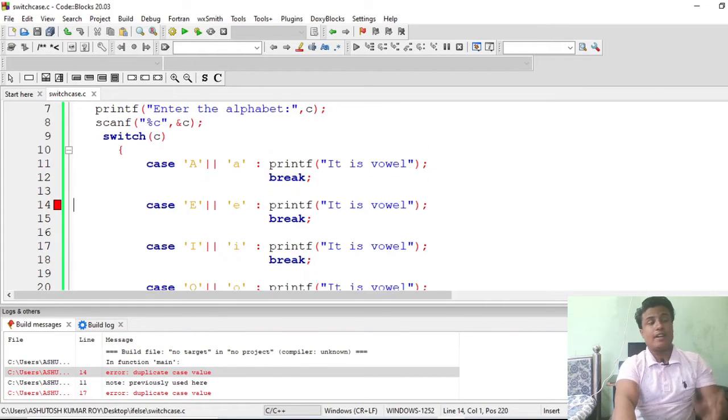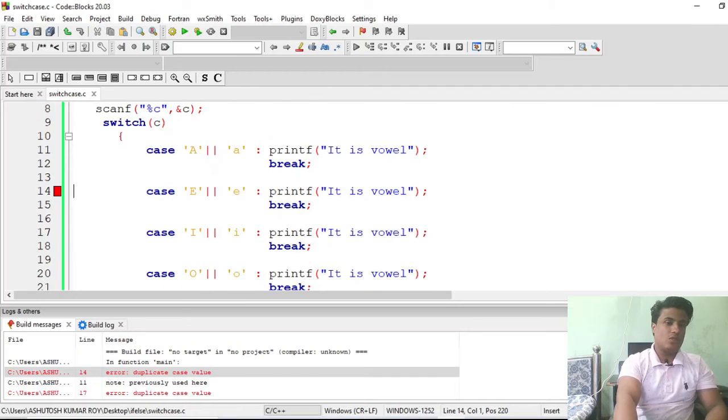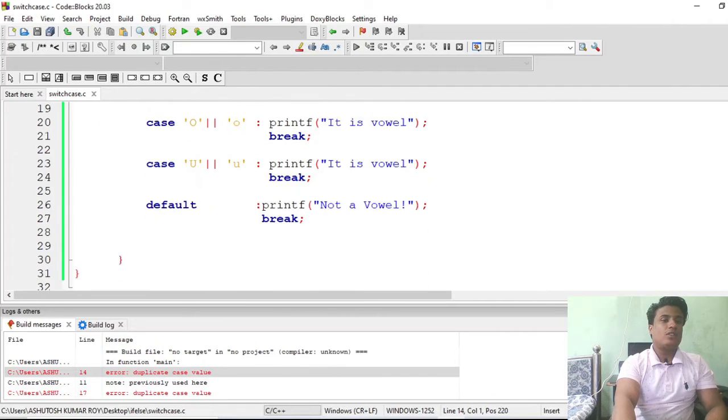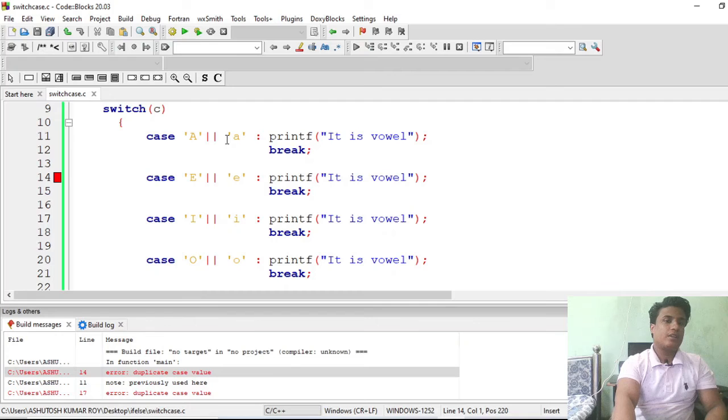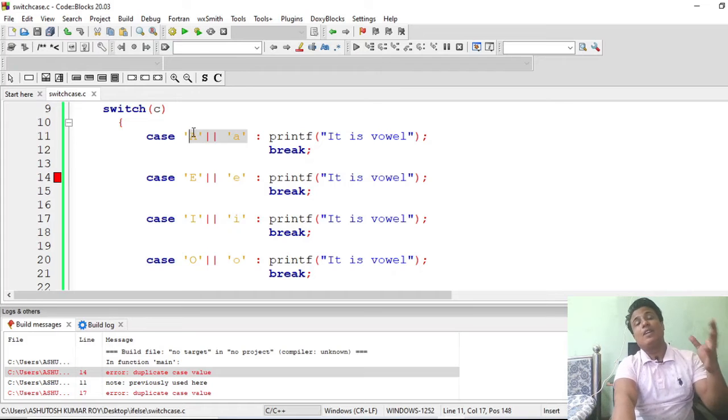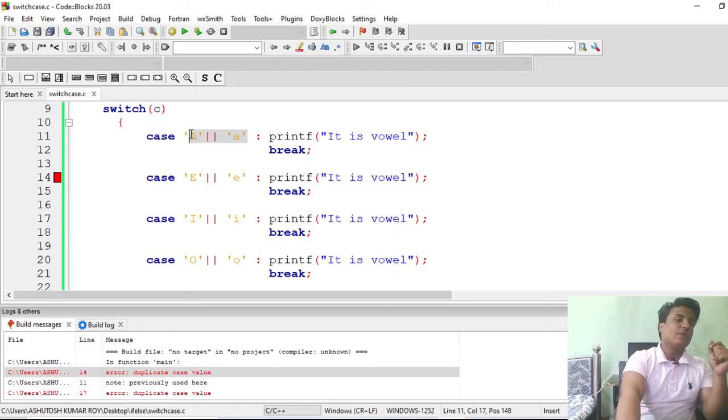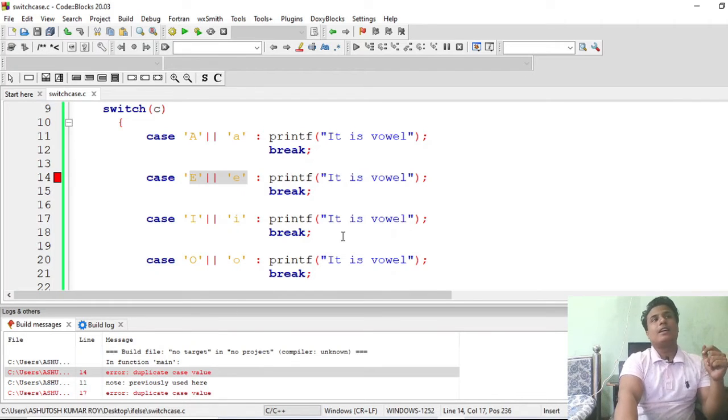So find the error yourself. Okay, then I will show you. It is happening because I am mentioning the or part. On mentioning the or, it will check the statement and return the expression value as a boolean value, 1 for true. So if a value is entered, it will be 1. In this case it is 1, and this case is also 1, because all the cases are boolean cases.